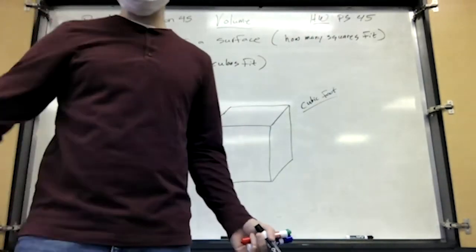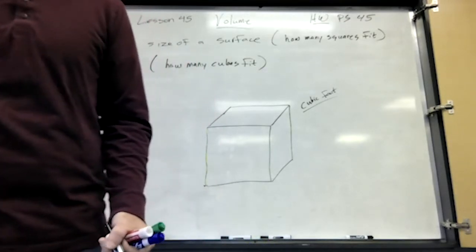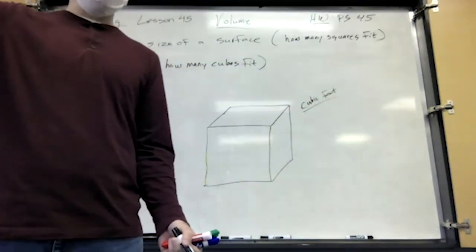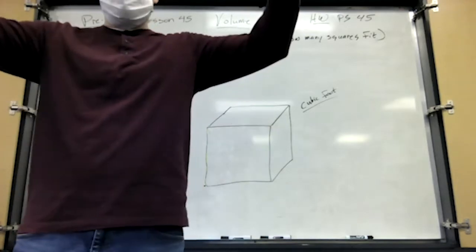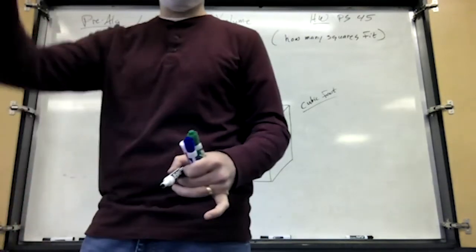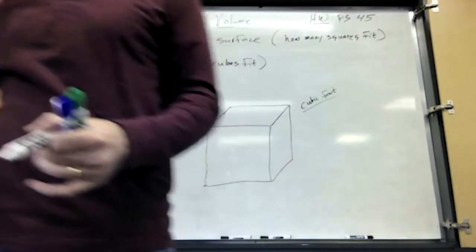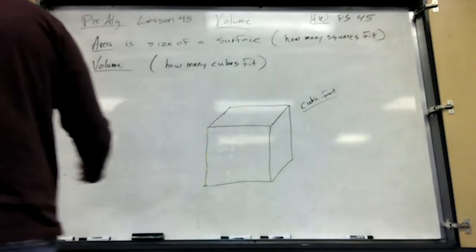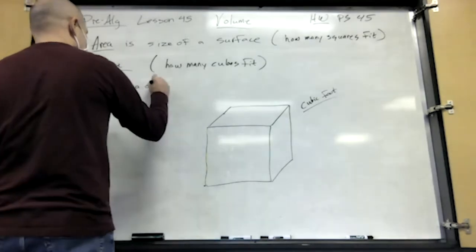If you multiply this times this, that tells you how many cubes you can put on the floor. Then you can put layers on top of each other, and the height of the room tells you how many layers. So that's why we multiply length times width times height. But volume is area of base